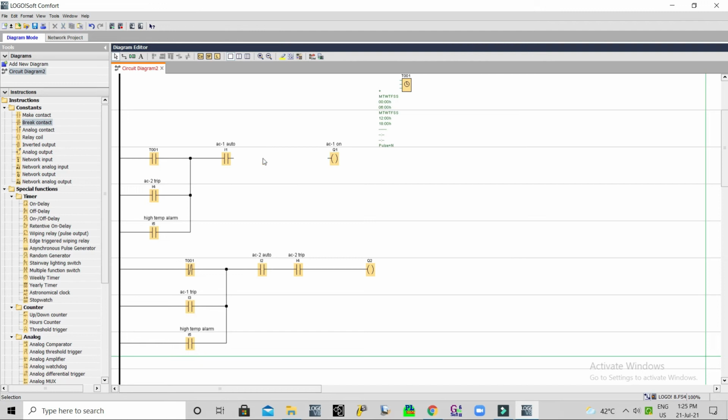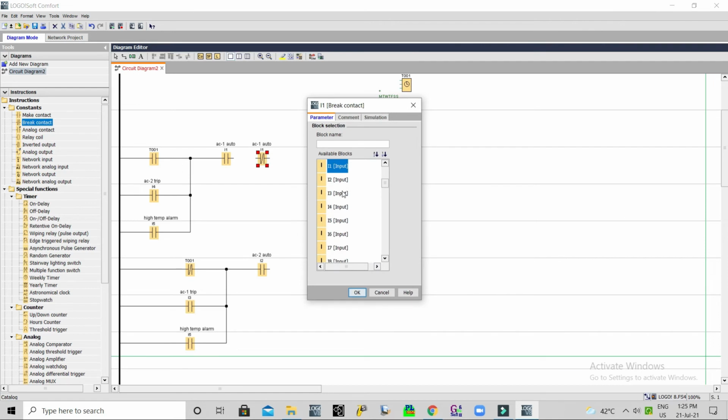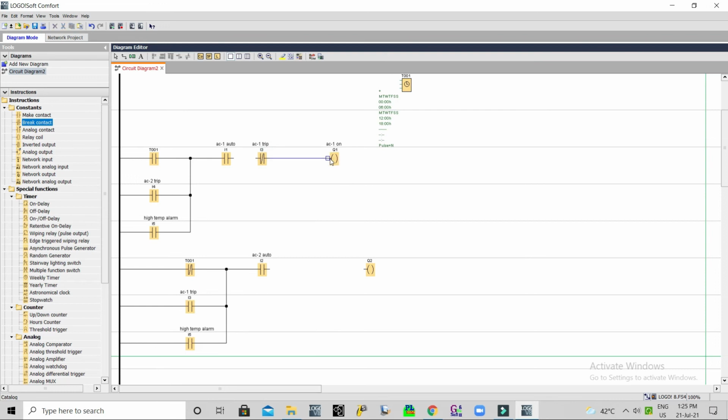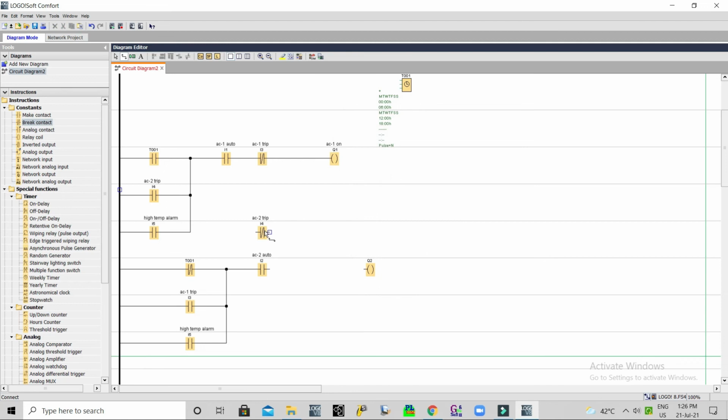We should have kept this NC contact. AC1 trip, AC2 trip.